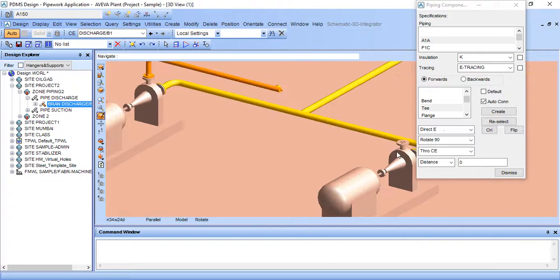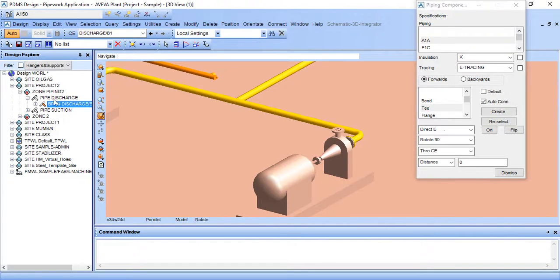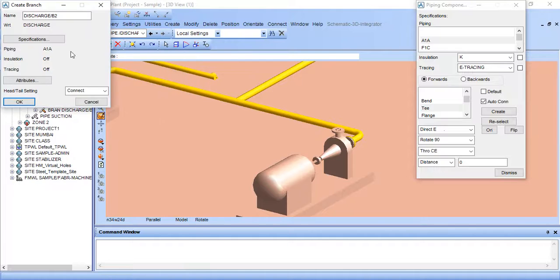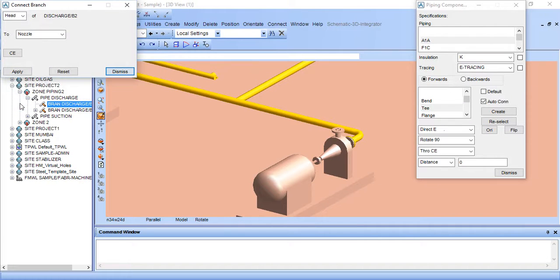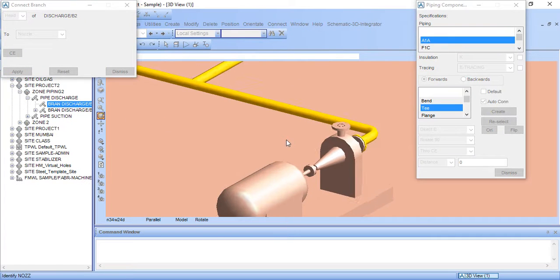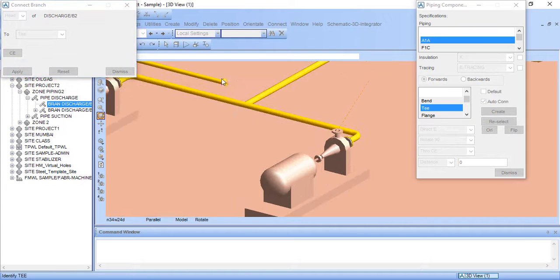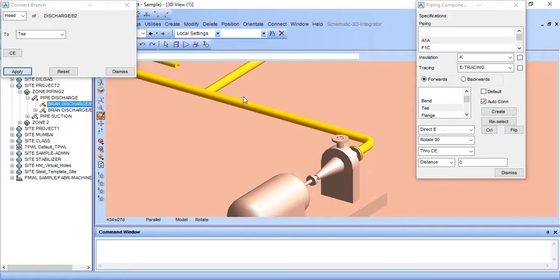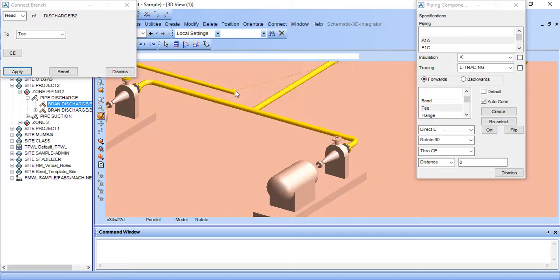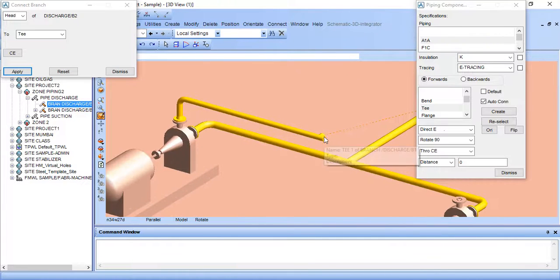So go to this point and first of all select this and create new branch. So our head point is the nozzle, our tail point is T. If you click T, it shows the connection here.